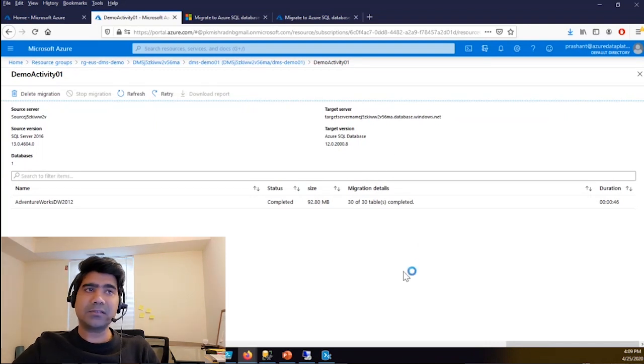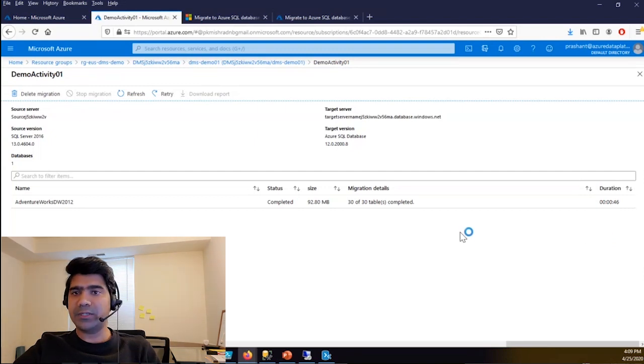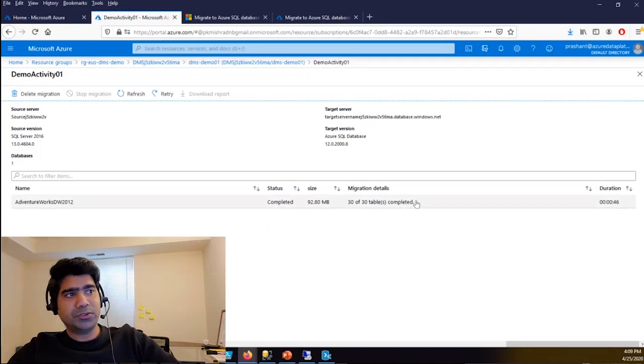Pending changes in the sense, like if suppose after doing this migration, somebody made any change in the source database. So that is not yet in sync with the target database. So it will show you the pending changes, 1 or 2 or 10, whatever. Right? So you have to wait for it to become 0. Okay. So once it becomes 0, then you can click on cutover. Once you click on cutover, done. That is the only extra step that you perform in case of online migration. That's it. After that, you just have to change the application and you are good to go.